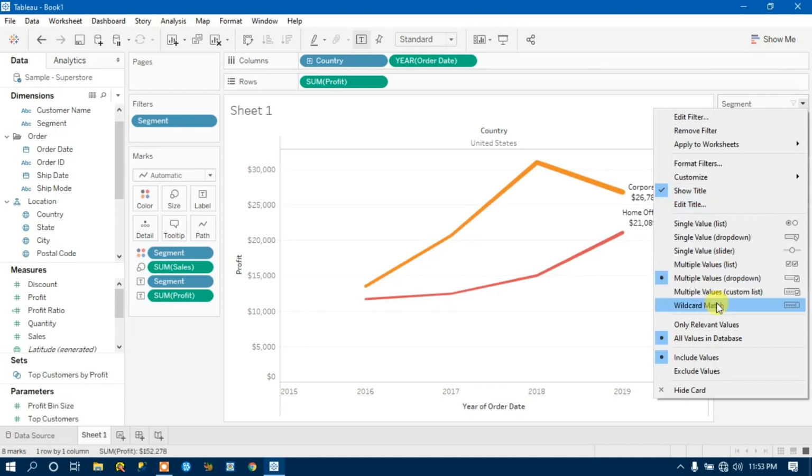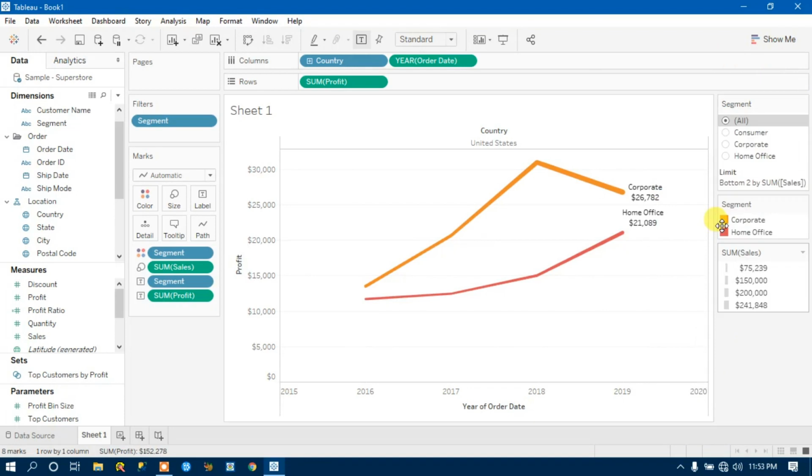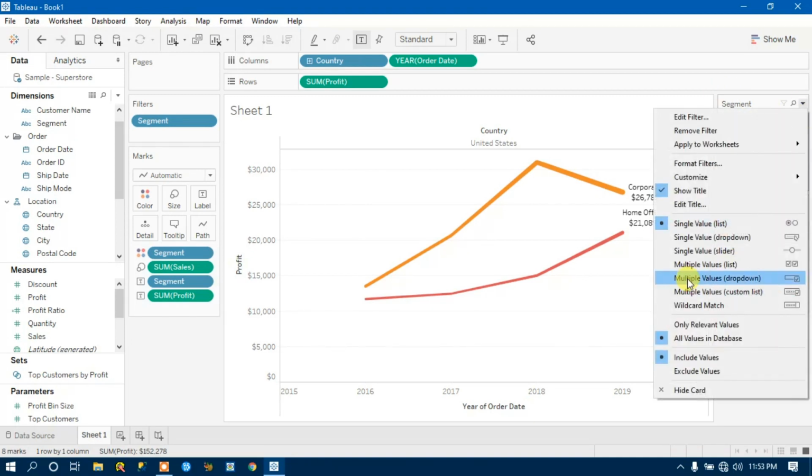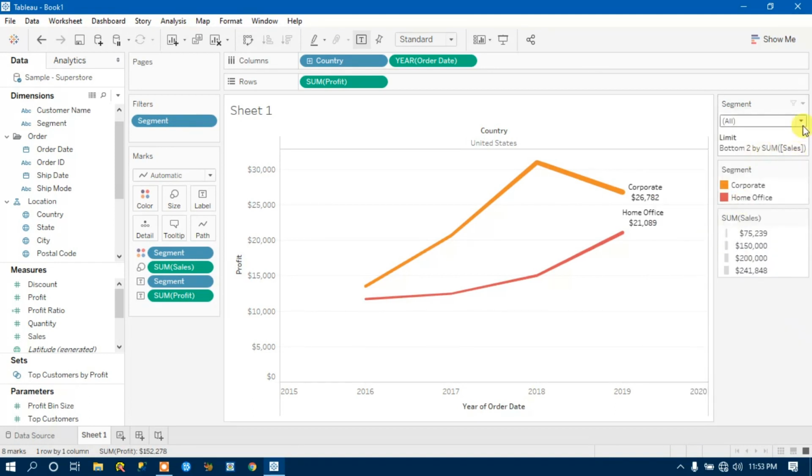And also let me tell you about space saving. If I click on it, the list is taking so much space, right? With the single value drop down, you click on the drop down and pick only a single value.